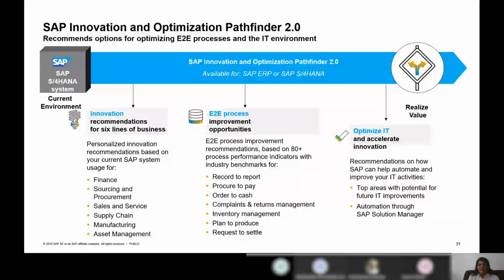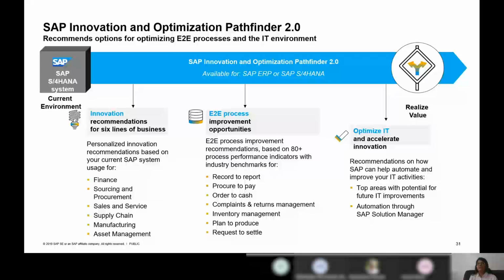Okay, we all spoke about the project plan. We all spoke about how to start a project. We also saw the activate methodology, which gives me detail of what all phases need to be run through. Me being an IT person, when I'm thinking about which facilities and which processes I can use to get a tailored solution for my landscape, I might have implemented only finance, only purchasing, or only sales.